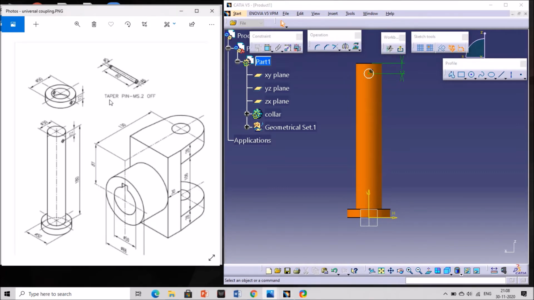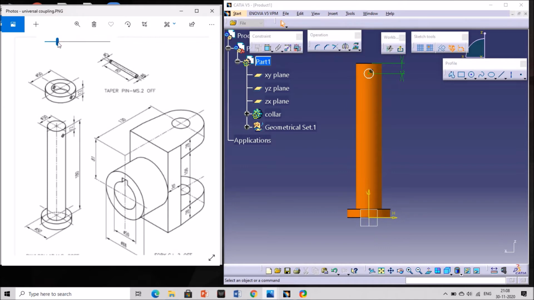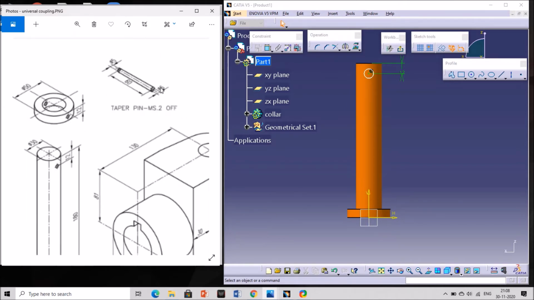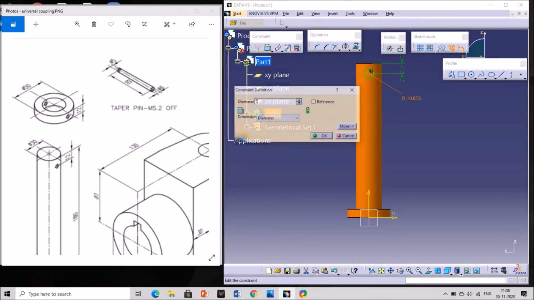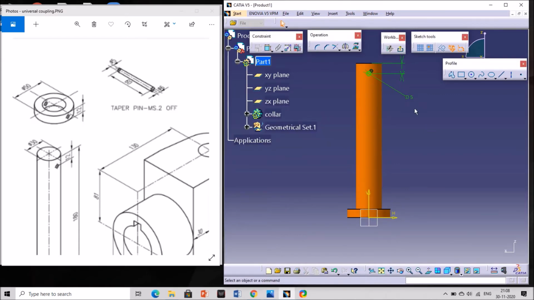The distance should be 12 and the radius of the circle is shown in the other parts. Okay, so if you zoom it, you are seeing other parts here. So diameter of this small circle is 5. Same, it should be inserted here and it should be inserted here also. So the diameter is 5. Okay, so this is how we have drawn the circle. Now exit from the workbench.